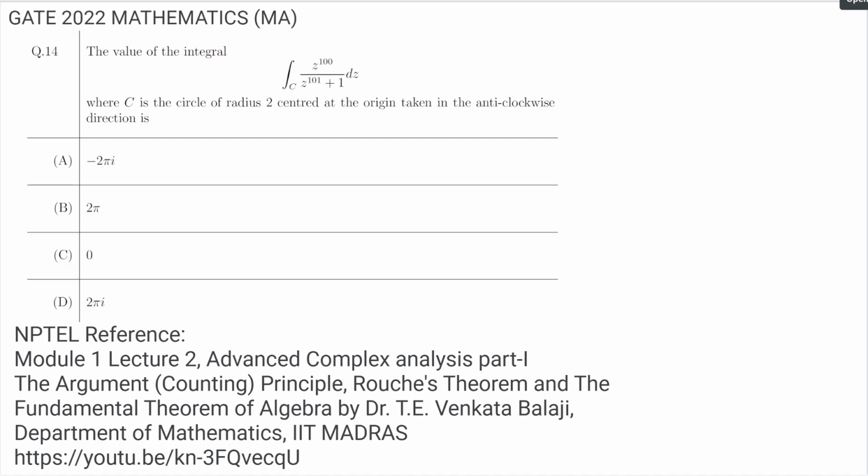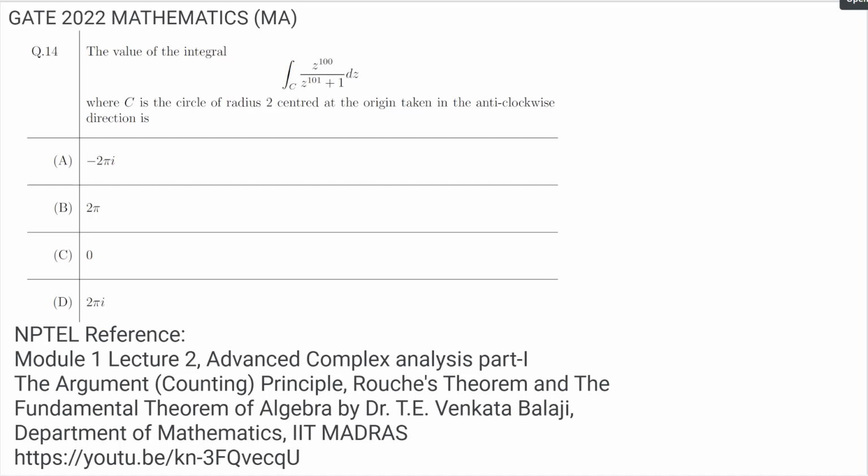The problem is from GATE 2022 mathematics paper, question number 14. The problem given is: the value of the integration over C of z to the power of 100 divided by z to the power of 101 plus 1 dz, where C is the circle of radius 2 centered at the origin taken in the anti-clockwise direction, is. The four given options are option A minus 2 pi i, option B 2 pi, option C 0, option D